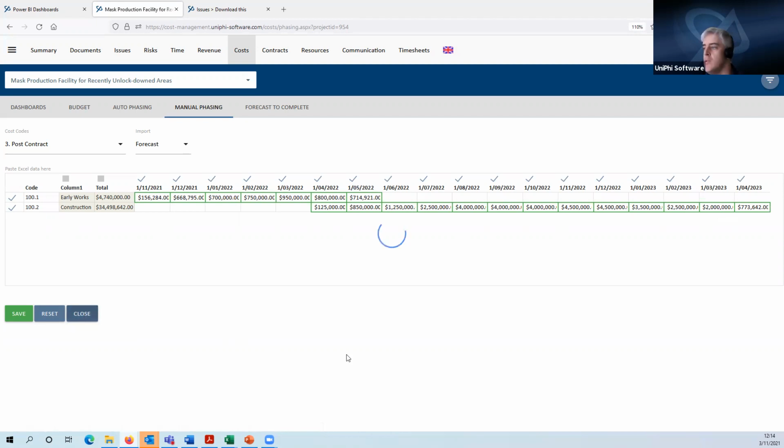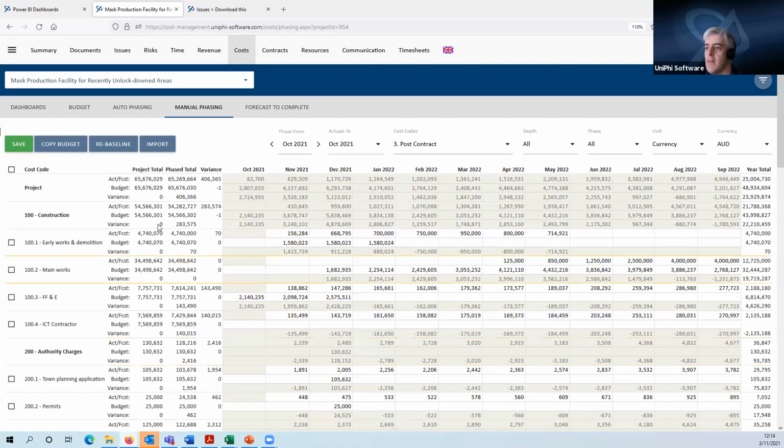And then I hit close. And I can see now that that cash flow profile has been imported. So each month when I get the revised one, I can just import that, and that's that part of the cash flow profile done. If I go back to my dashboard,